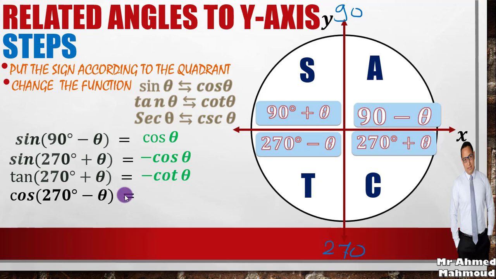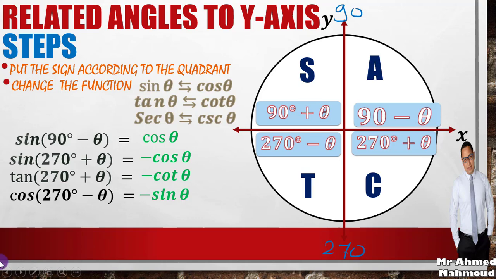Okay, cosine 270 minus theta, cosine change to be sine, and this is the third quad. Cosine in the third quad is negative, it will be negative sine theta. Finally,